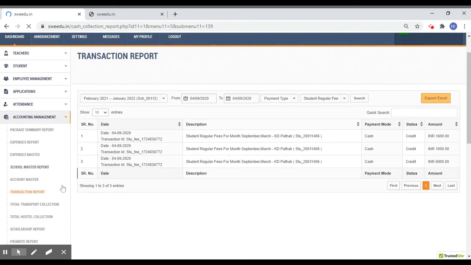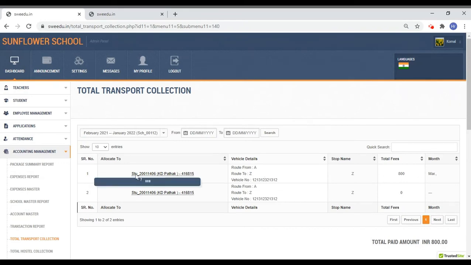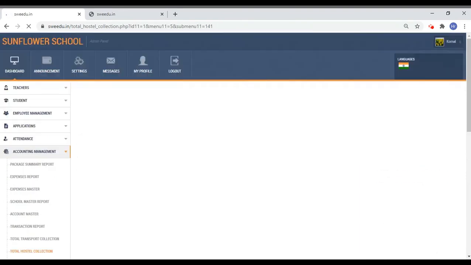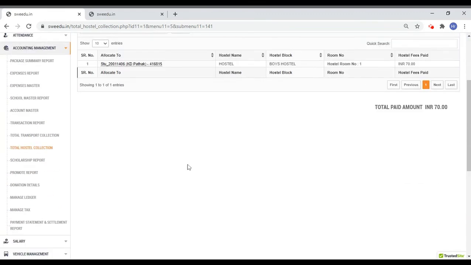In total transport collection, the fees collected for transport can be viewed for a particular student. In total hostel collection, the fees collected for hostel can be viewed for a particular student.